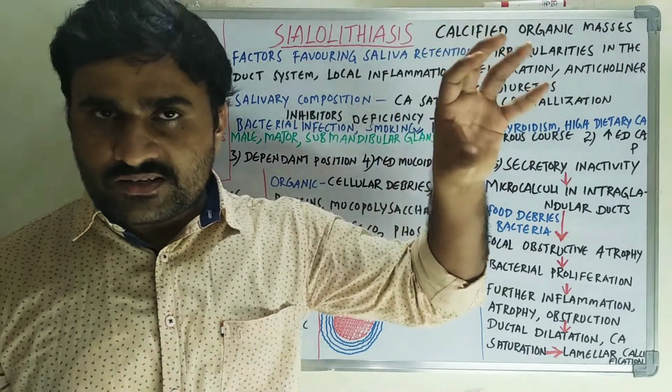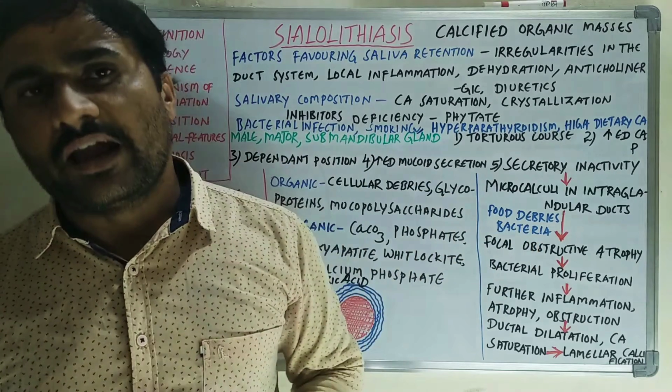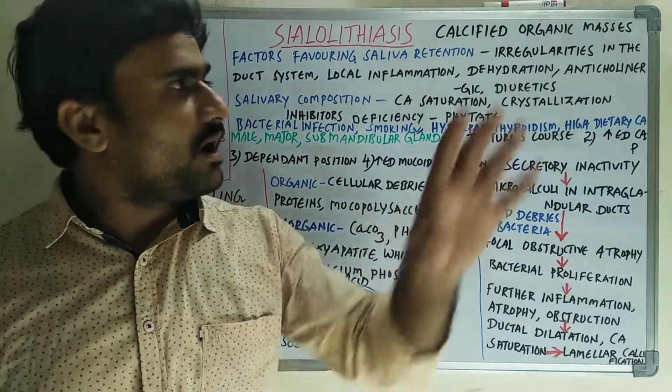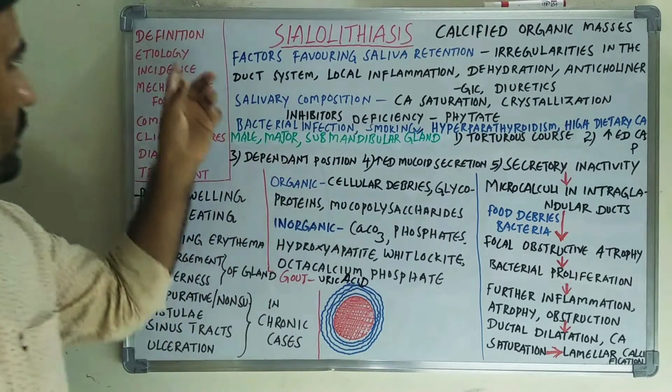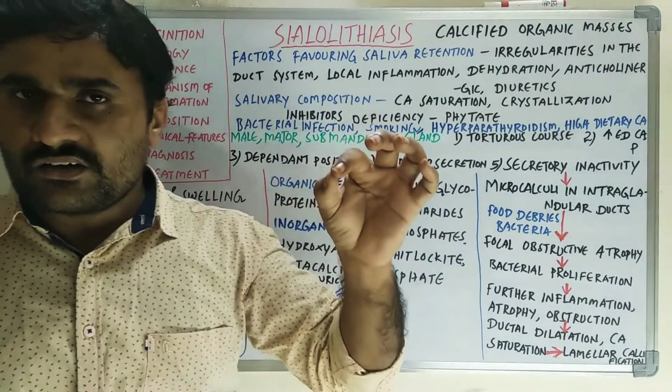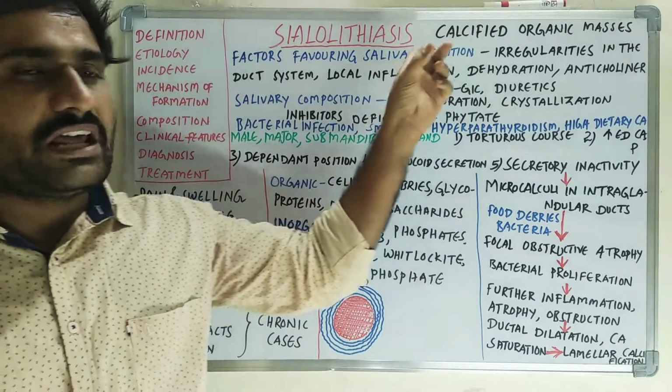By definition, it is the calcified organic masses, right? Calcified organic masses occurring in the excretory duct of the salivary glands. That is the definition. Just organic masses will become calcified. That's all. Under etiology, the etiological factors are mainly divided into two types. The first one is factors favoring salivary